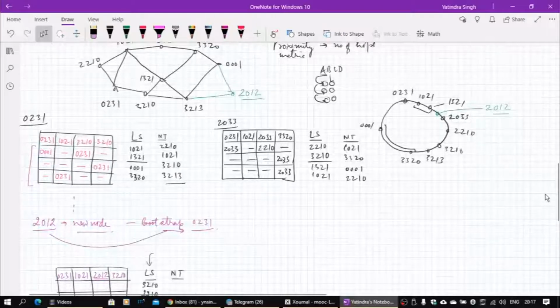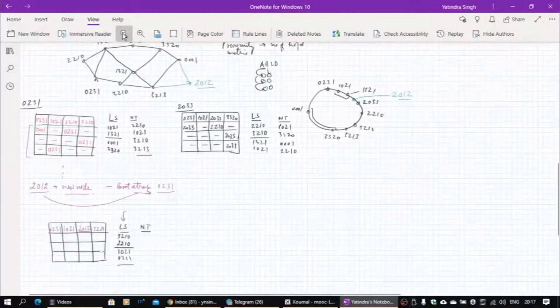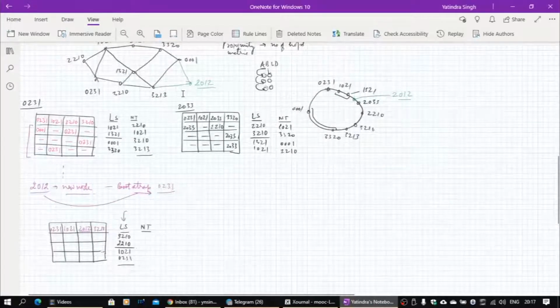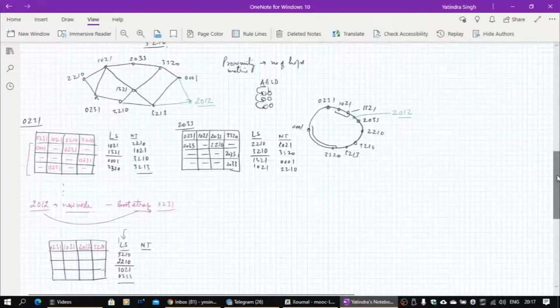So doing this, I will just slightly reduce the size of this so it becomes easier for me, and then I will come back to the same size. Yeah.